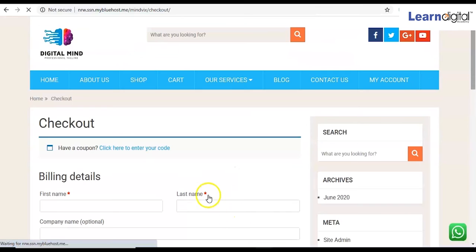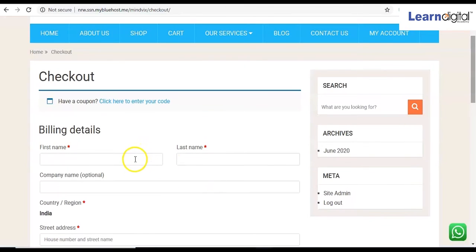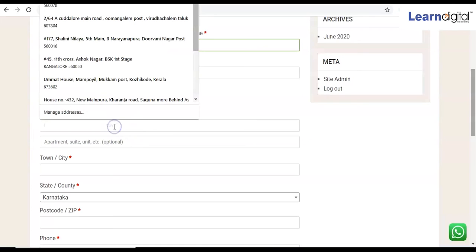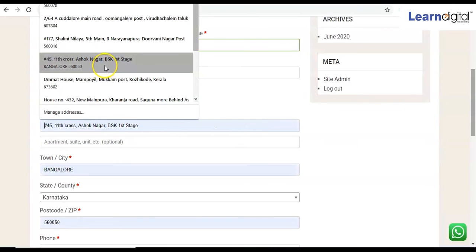Now here I have to fill in the information. Here the street address and the other details, I can take any random address for that.